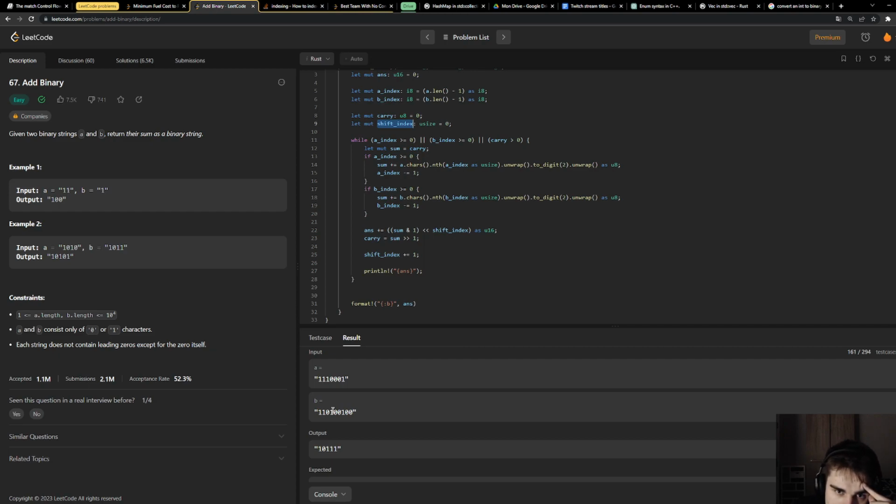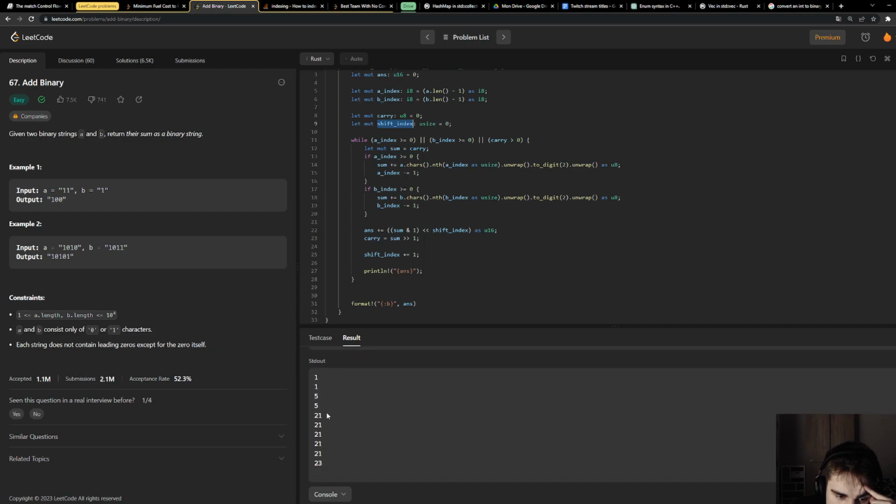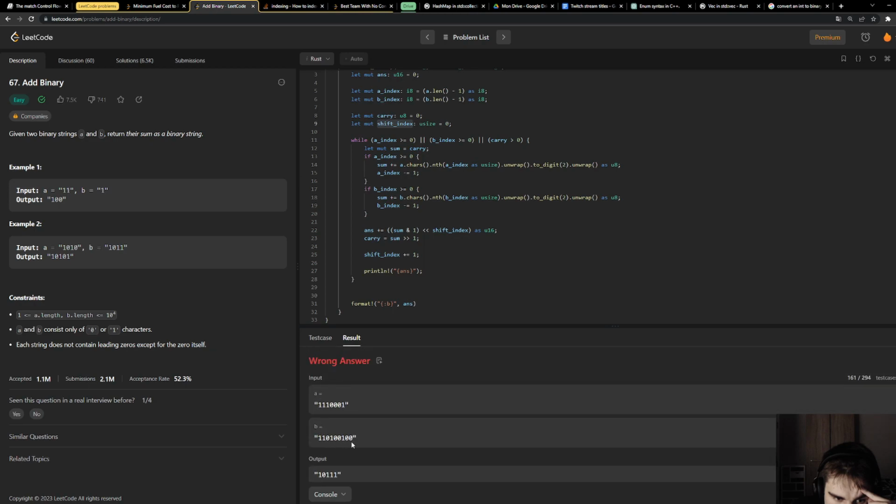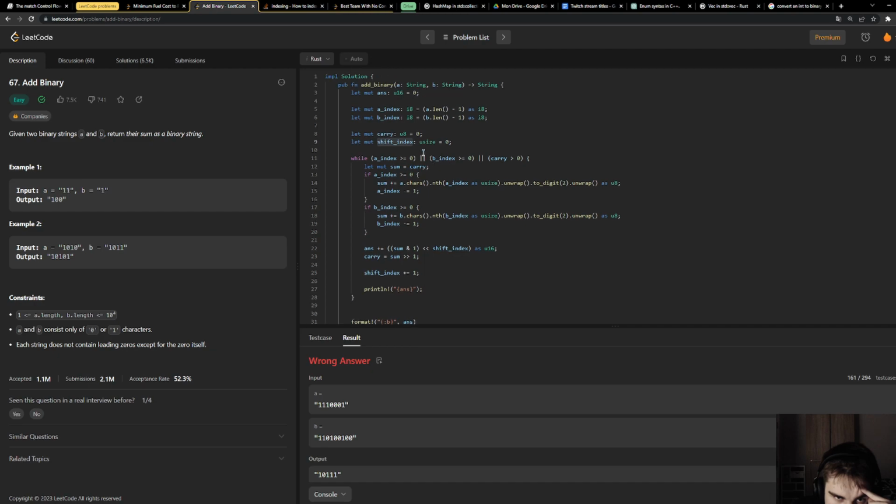That's actually very weird that I'm stopping at 23. Also, I can remove these types and type annotations.